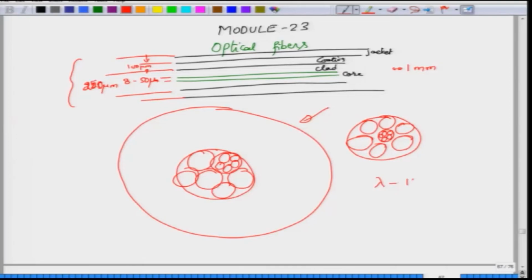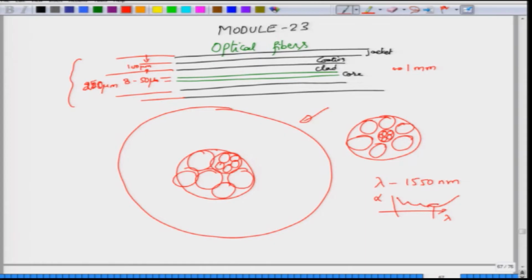The reason why they can carry such high data rates is because they operate at a typical wavelength of 1550 nanometer, and this 1550 nanometer is a sweet spot for silica in the sense that if you were to look at its attenuation, which is measured in alpha, dB per kilometer for example, as a function of wavelength, you will see that it actually goes through a minima here at the point 1550. There are additional local minima somewhere else, but this is the point where it actually goes through a minima,